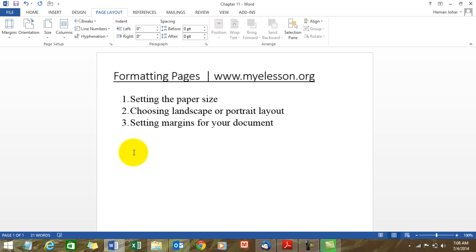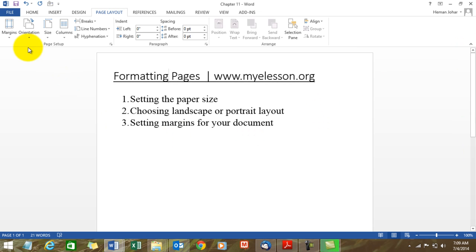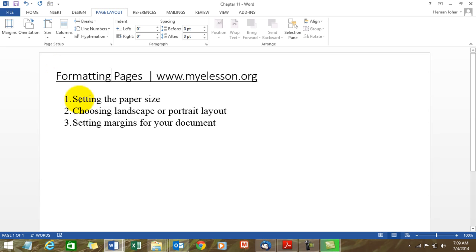Now to the next point, about choosing what kind of layout we want. There are 2 kinds of layouts in MS Word. First one is a landscape layout, the other one is a portrait layout. There is a basic difference in both: though both of them are rectangular in nature, the portrait layout has less width and more height, and the landscape layout has more width and less height. Alright, now what's the benefit? Well,